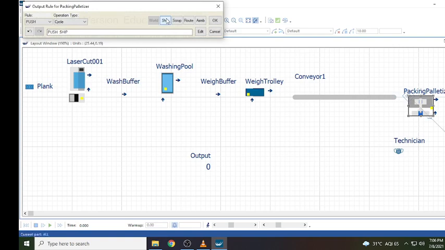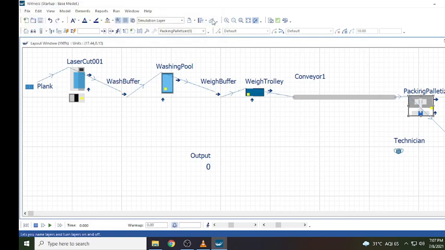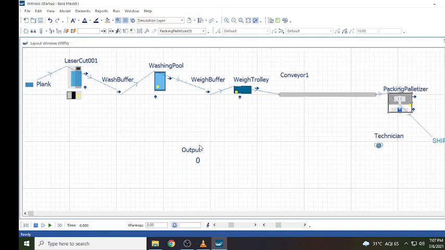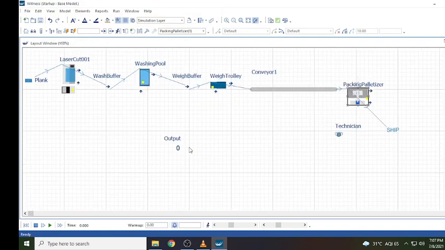Okay, now what does this ship indicate? This ship indicates outside the Witness model, and the part pushed to the ship means the part will leave the system after packing. Okay, in this way I have my model ready with me.